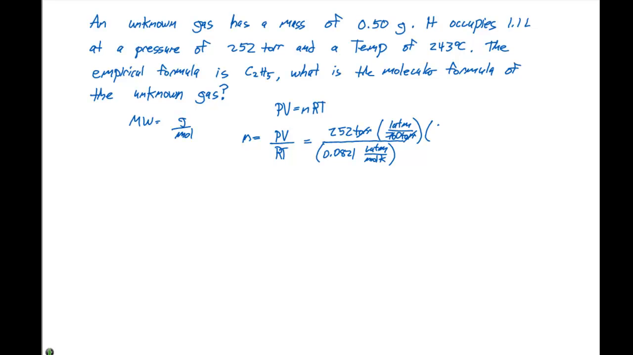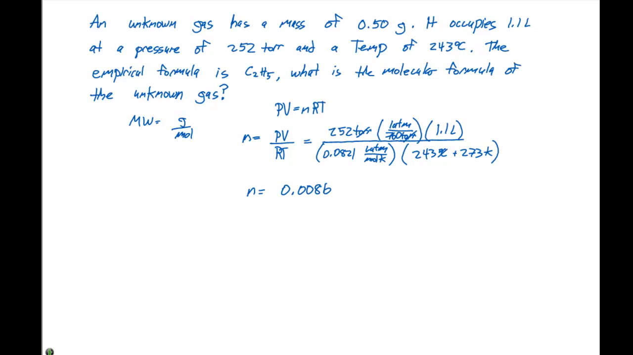Next, our volume is given to be 1.5 liters, so we don't need to do anything to convert that. And our temperature is given to be 243 degrees Celsius. We need to convert that to Kelvin by adding 273. So if we go through here and solve for n, we get